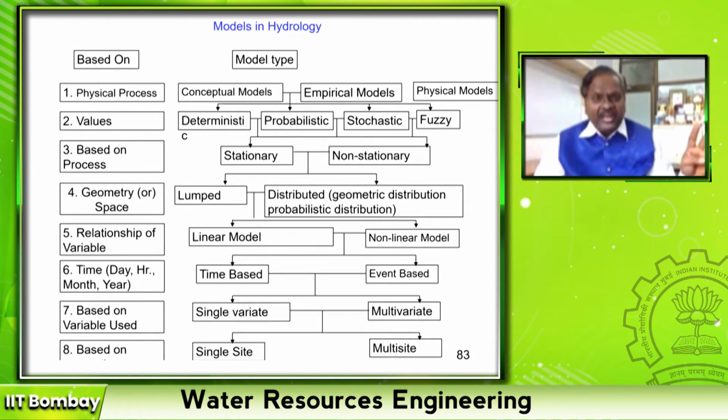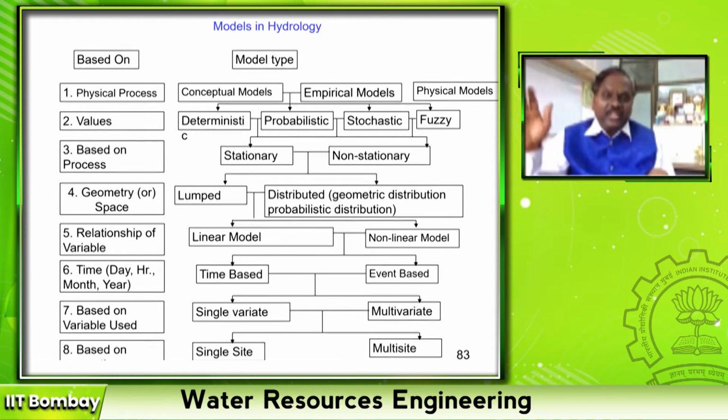Then suddenly I get another 20 years of data from the same station. Now if I estimate the four statistical moments of the remaining 20 years, and the first 20 years and last 20 years are the same, then I call that data a stationary time series. If they are varying, then I call that a non-stationary time series. I'm just telling a crude way, but you can divide the data into 3 equal parts and estimate the statistics. That is one statistical method, but nowadays we have several methods to check whether the data is stationary or non-stationary.